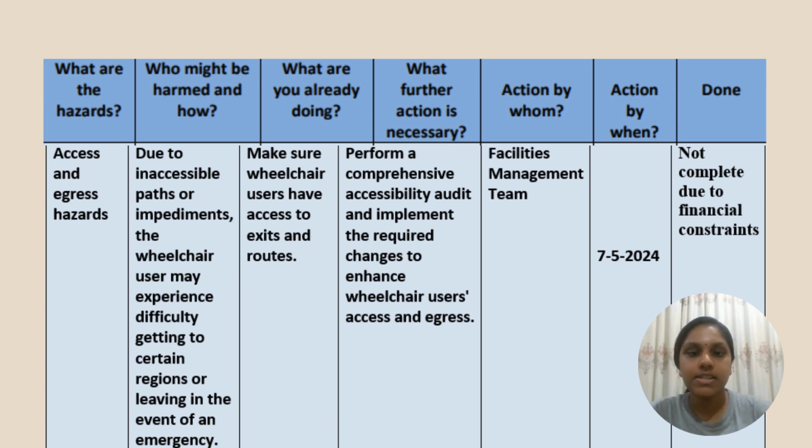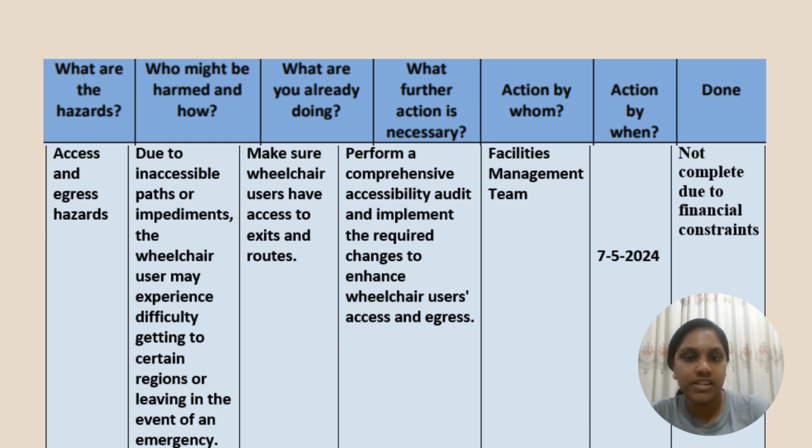Next, I'll be continuing with the seventh hazard of the company, which is access and egress hazards. This is to wheelchair users due to inaccessible paths or impediments. They may experience difficulty getting to certain regions or leaving in the event of an emergency because of their wheelchair. So we are making sure that the user has access to all the exit routes.